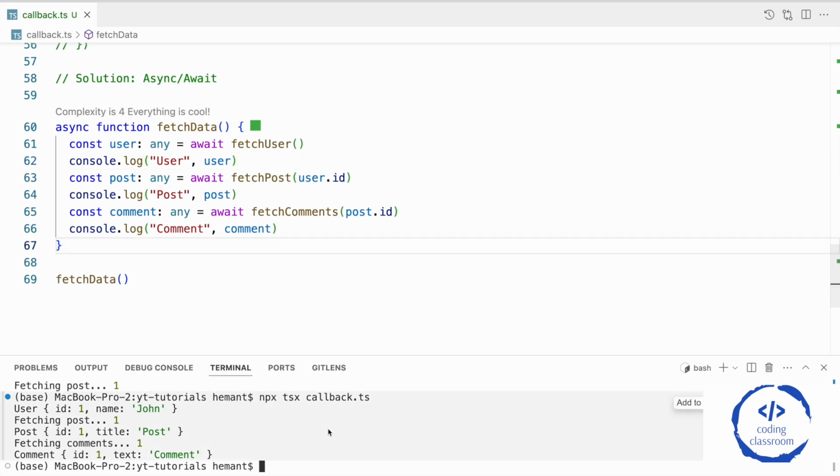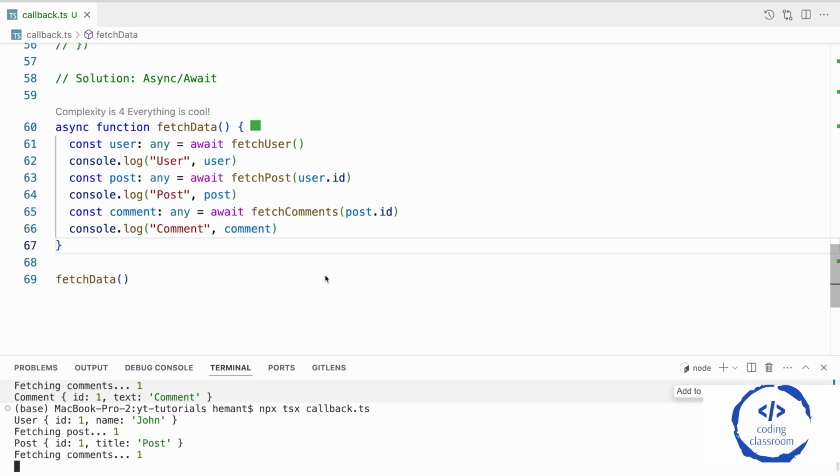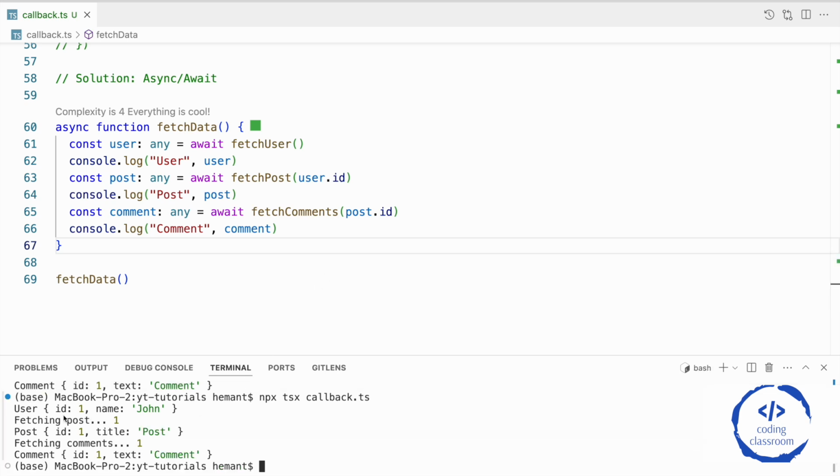Now if I run the code, we will get the same logs again. It fetched a user, then based on that user, we fetch the post, then based on that post, we fetch the comments. Now, the code is very clean compared to before,